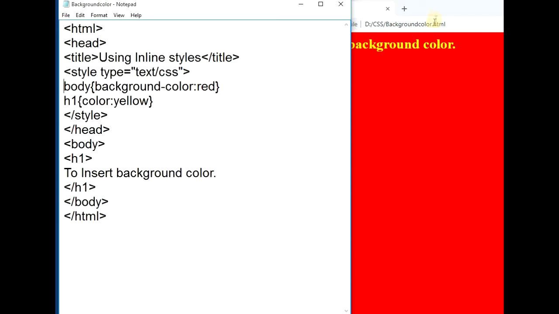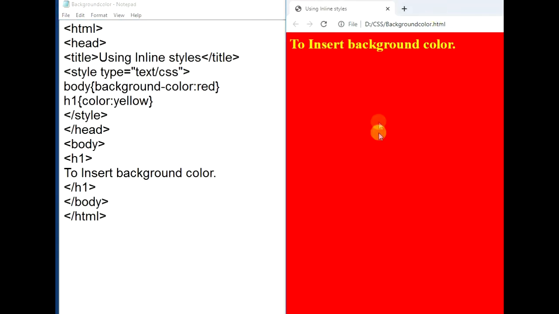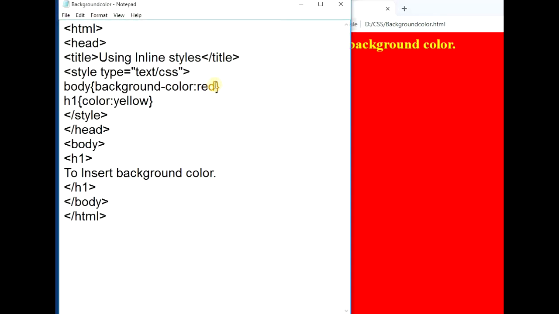So when I run it, you can find the background color is red and the text color is yellow. Okay, I'll change it. The background color is yellow and the h1 color is red.